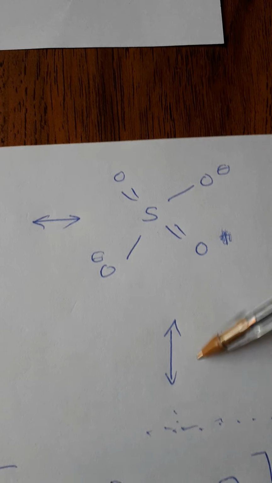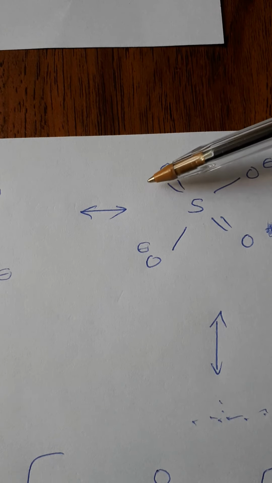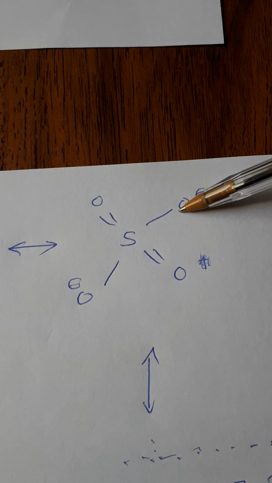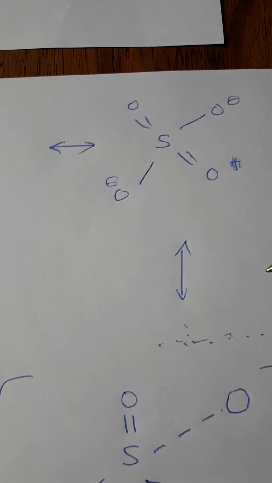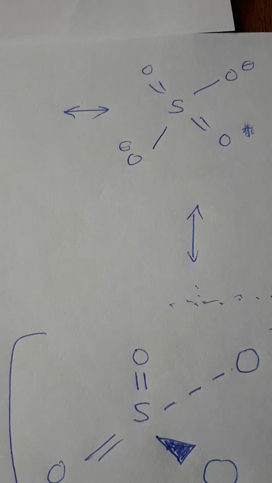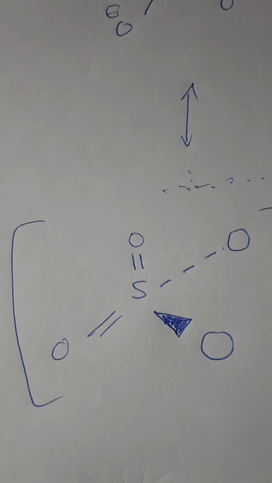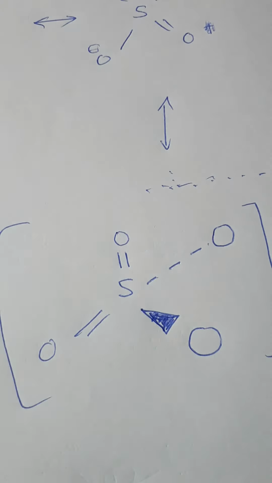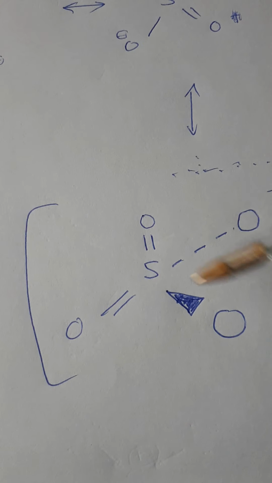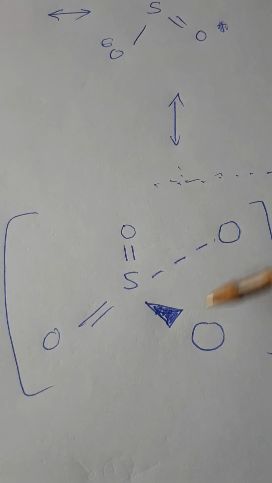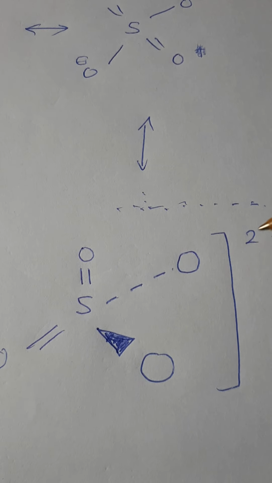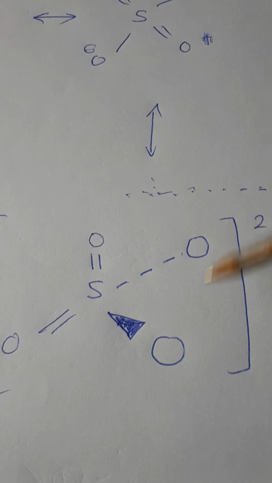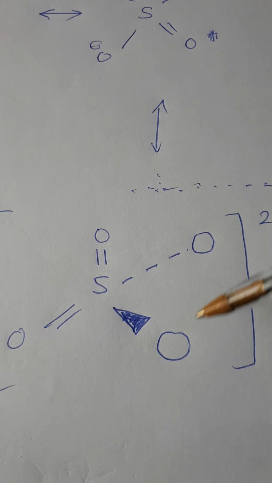So you can write more structures. You can make these two double bonds, you can make these two single bonds. So it's a mixture of various structures called again resonance structures. So our final structure is going to be like this: 2 double bonds, 2 single bonds to the oxygen atoms, and with a total charge of -2. And this minus charge is going to sit on these two if you go to details.